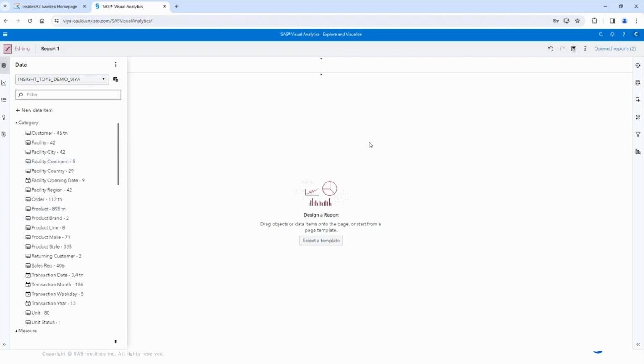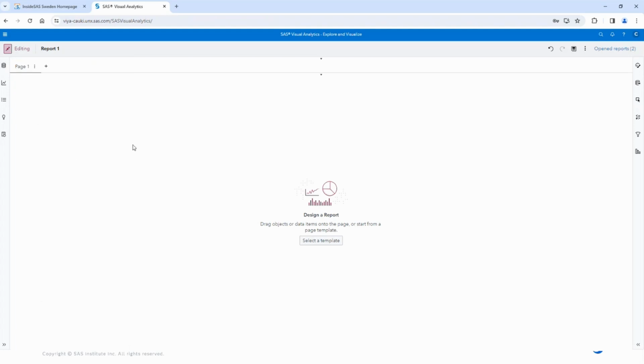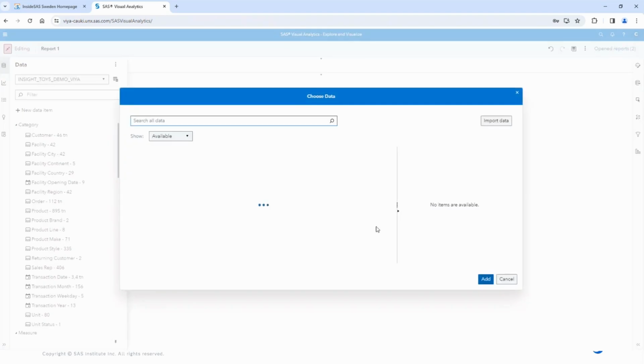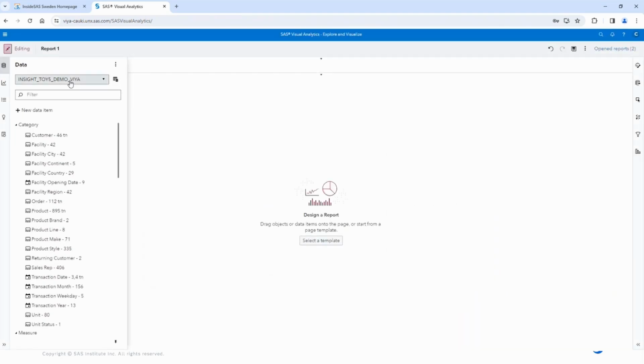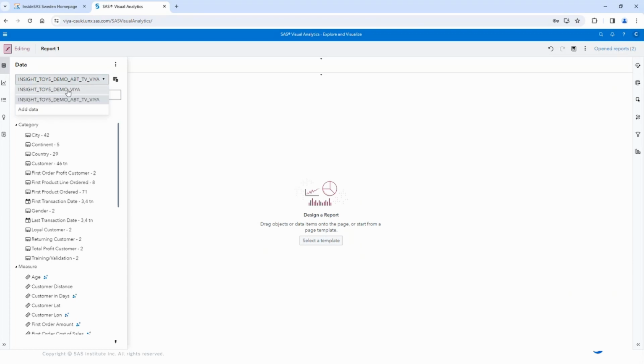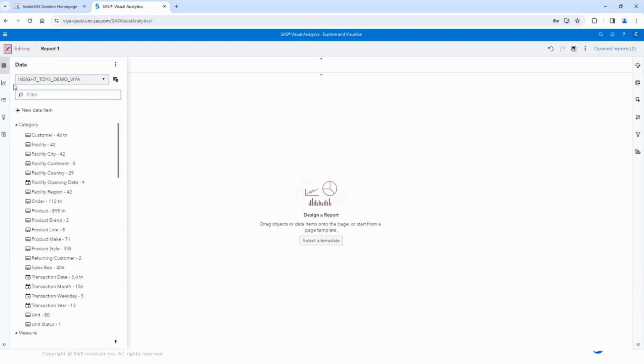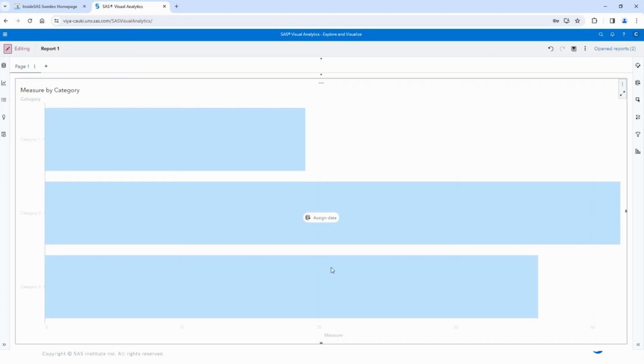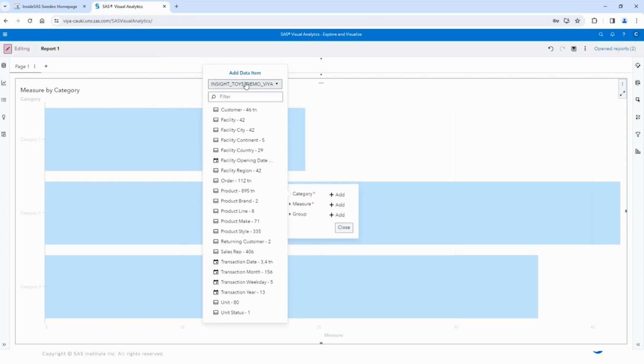Another thing that I think is very nice is, for example, in this report, I have two different tables active. And as you can see now, I have this table active. And when I want to work with the bar chart, for example, I can go in here and assign data. I want to select a category. Another nice feature is now